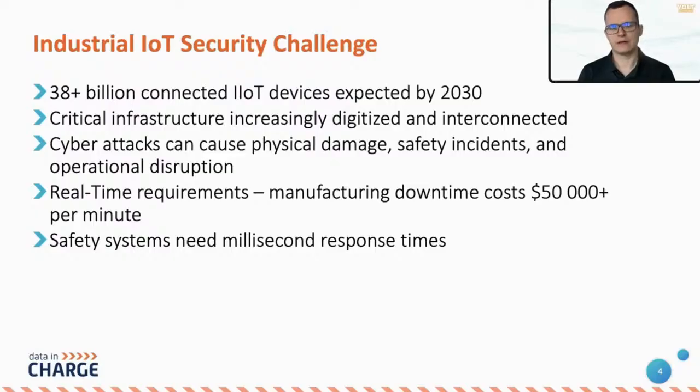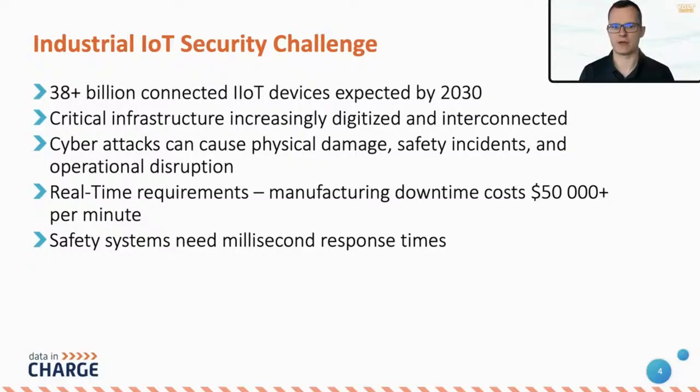So currently, we have a very fast growing IoT network. It is expected that around 38 billion connected IoT devices will be there by year 2030. It means that we have more and more devices connected to the public network. They are all quite frequently related to the critical infrastructure. So cyber attacks are a pretty important consideration for designing this kind of systems, how they communicate with one another,